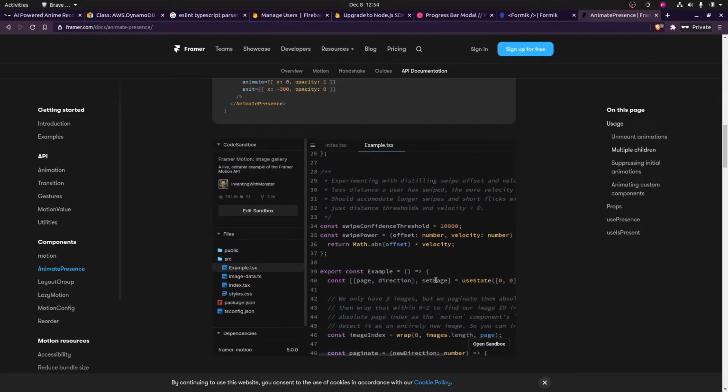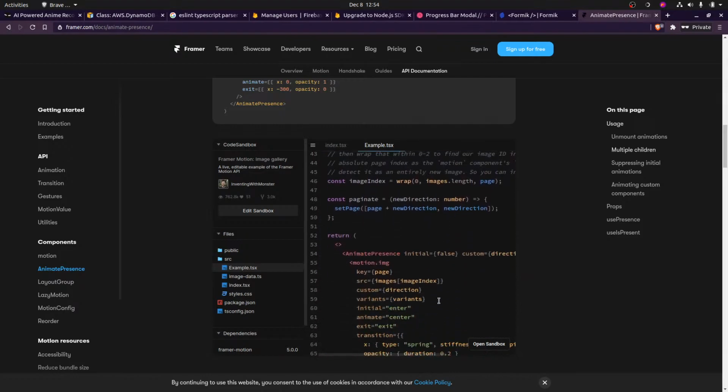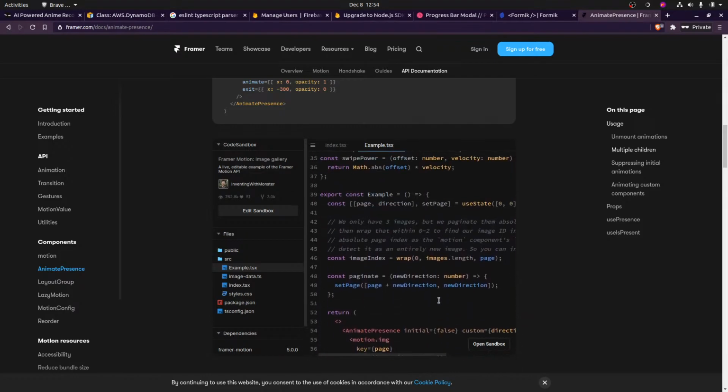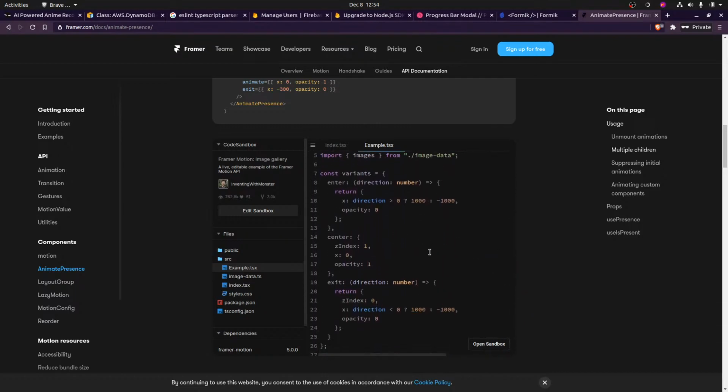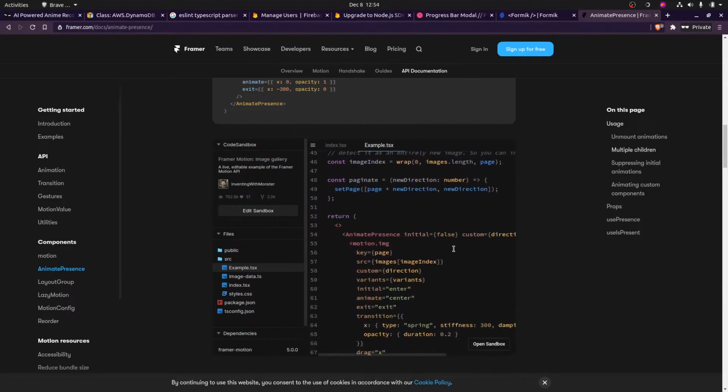But where though? Variants are variants, but where are they? Oh, it's over here. Exit z-index? Oh, z-index. Oh, that's how they figure out the direction. That's kind of smart. Because what do they do then?